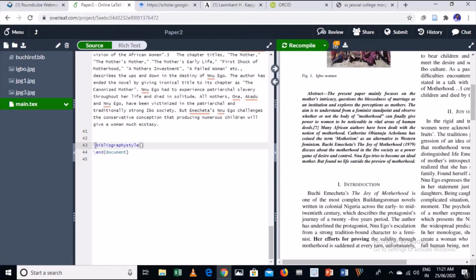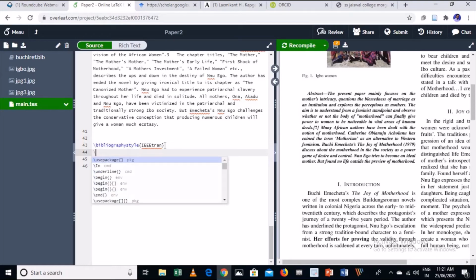This is another tag you need to select, and in the curly brackets you type IEEEtran. This is the style I'm using to add references in my research paper, and press enter.